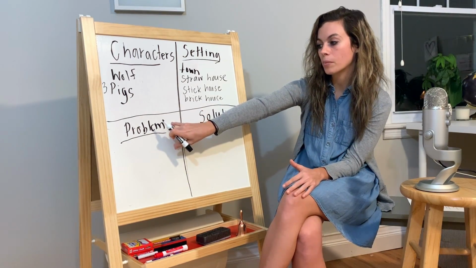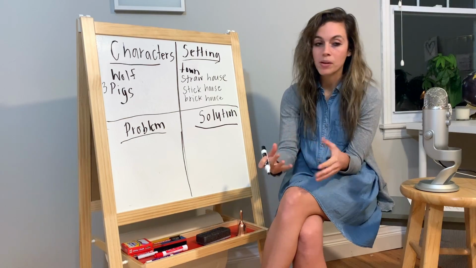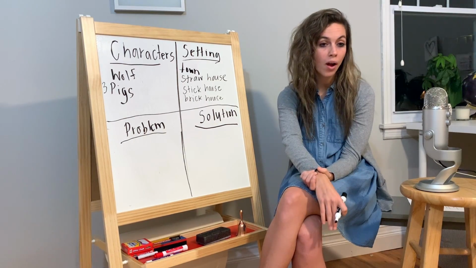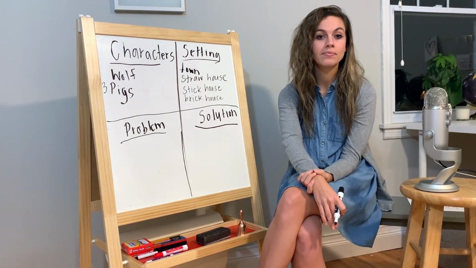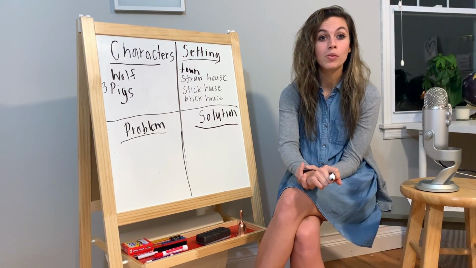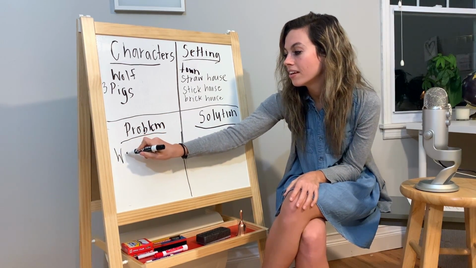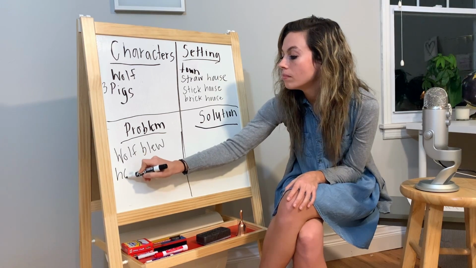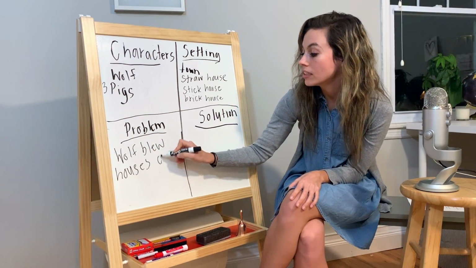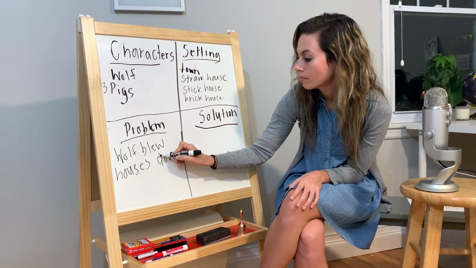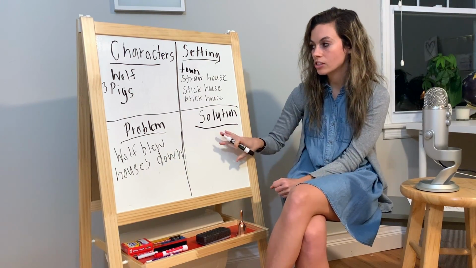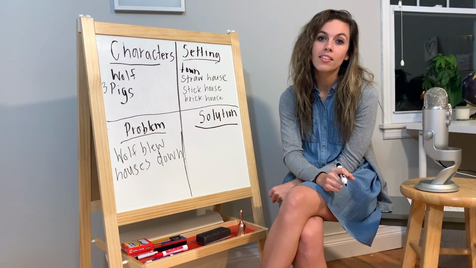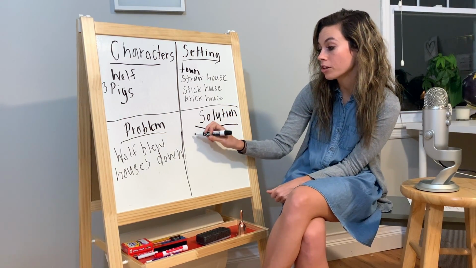Okay, boys and girls, now we're going to talk about the problem and what happened in the story that the characters were trying to fix. Was there any problem in this story? Yes. Yes, the wolf blew the house down. And what was the solution to the problem? The brick house was strong, so the third pig